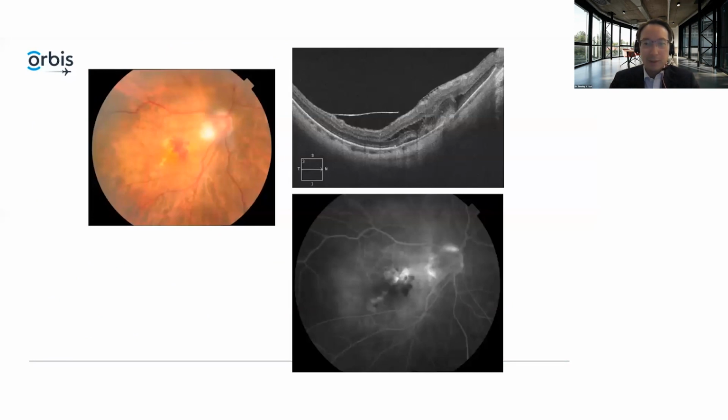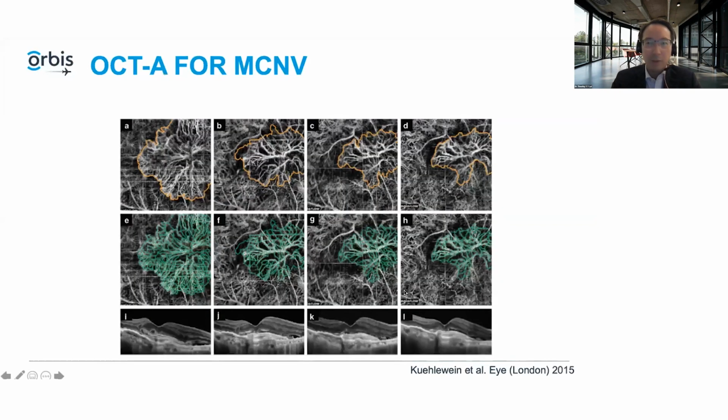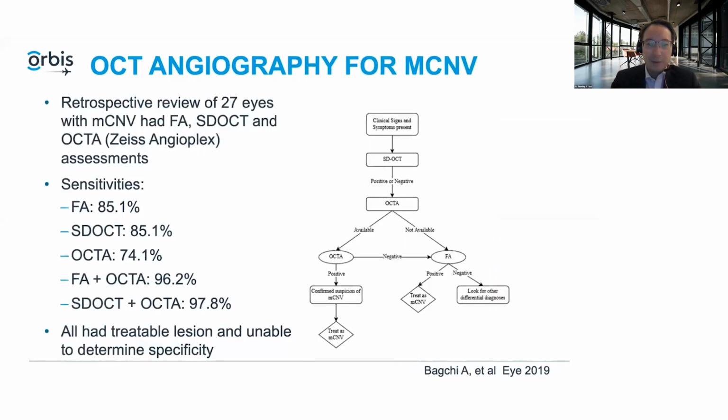So in this case, one of our patients, you can see macular hemorrhage in this highly myopic eye. OCT actually showed the CNV quite well, and also there were some other existing pathology, which is the epiretinal membrane. FA also showed the leakage associated with the hemorrhage. OCTA can be useful, and you can monitor these patients. And it's also been incorporated in some of the